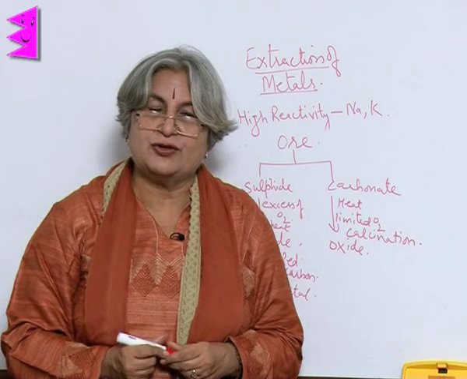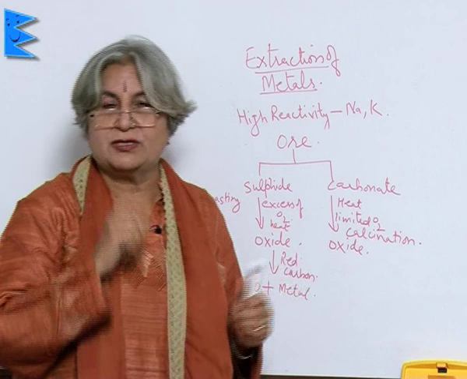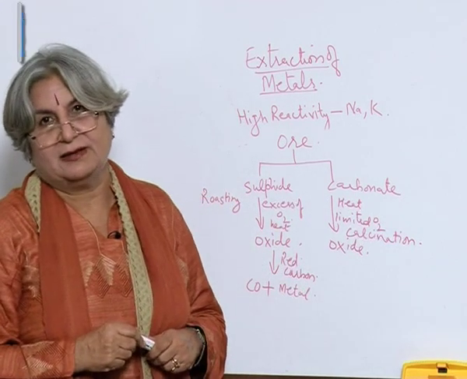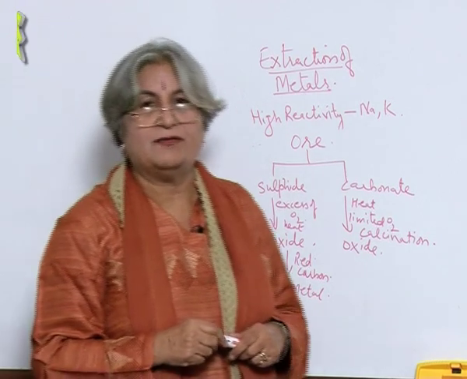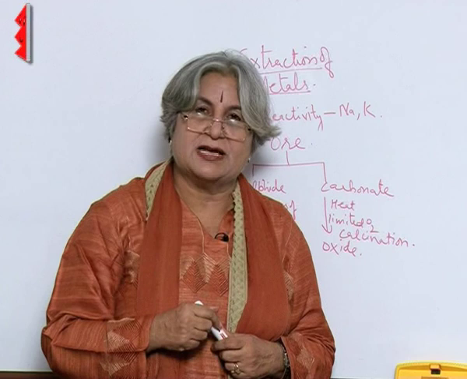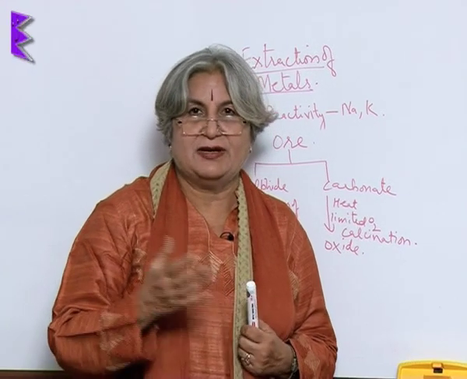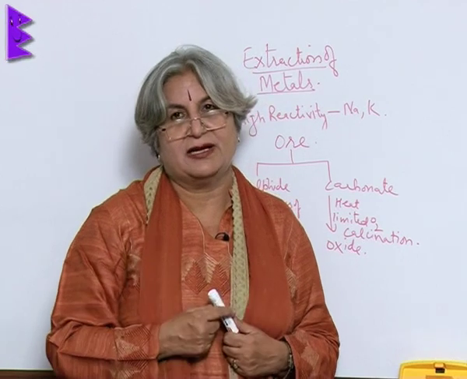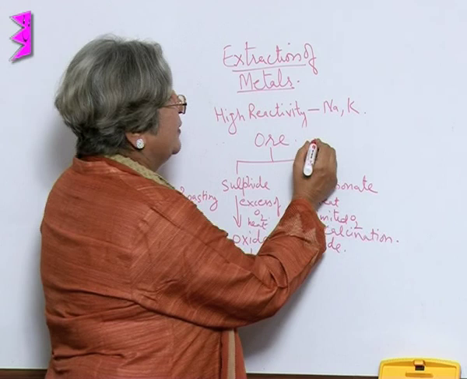Sometimes we can also use a more reactive metal to reduce oxide to its metal, because some of the metals will not be reduced with the help of carbon. For example, if we want to reduce zinc oxide, we can use aluminum, because aluminum is more reactive, it will replace oxygen and we will get zinc. Now, this is in the case of medium